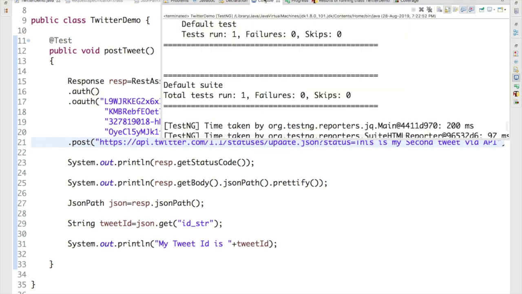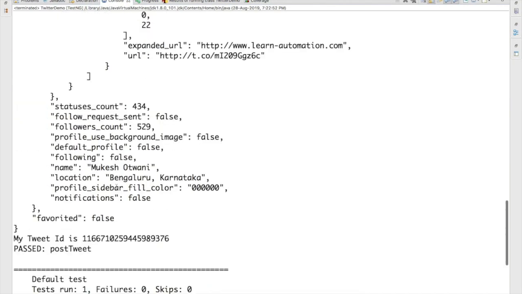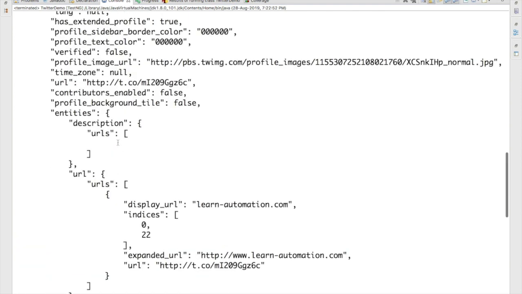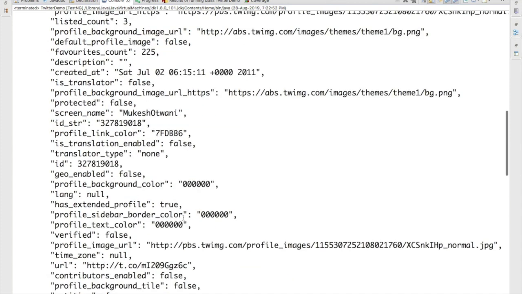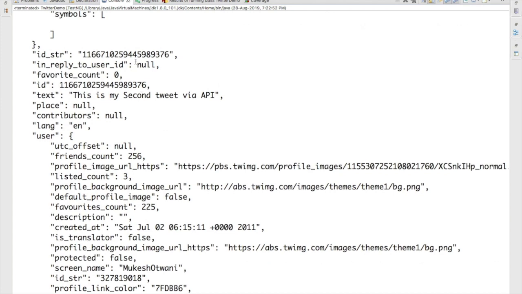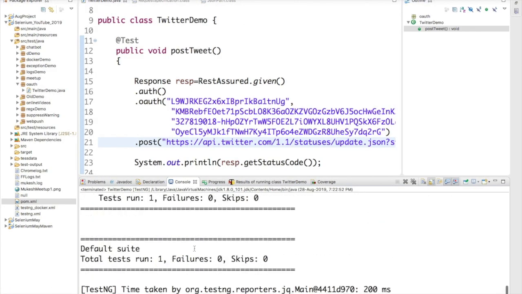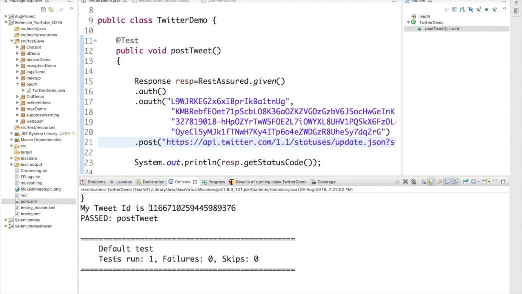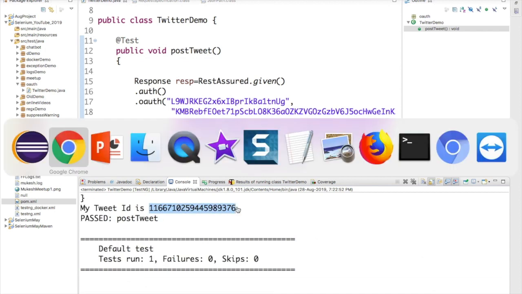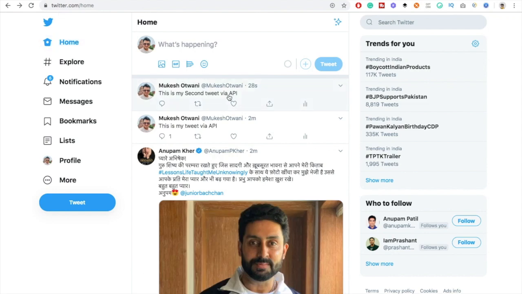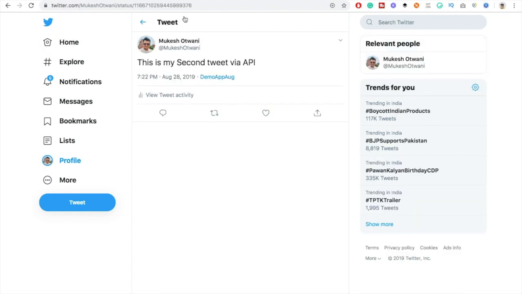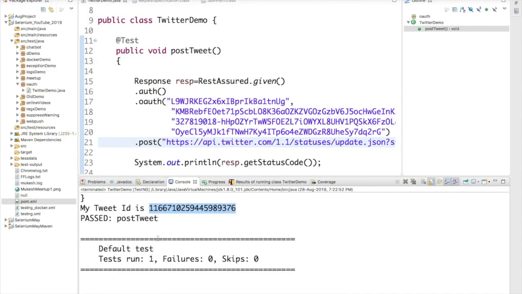Okay, perfect. It is giving all the details like my location, my name, everything it is giving. It is also giving display URL, many other details, which is not required for us as of now. The main thing was this 9376, which I guess we got it, right? My tweet ID is this, and if you want to cross verify, just go back to Twitter and you can see this is my second tweet. Just cross verify. Number is 9376. This is also